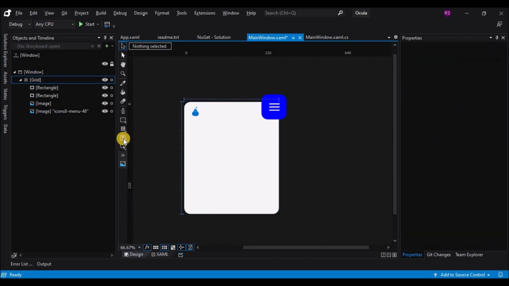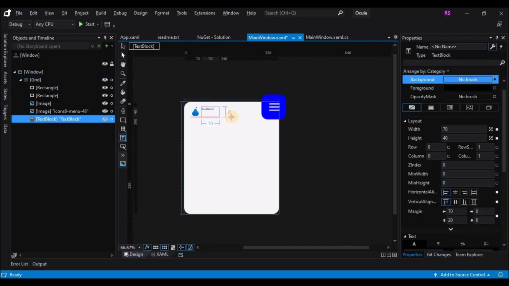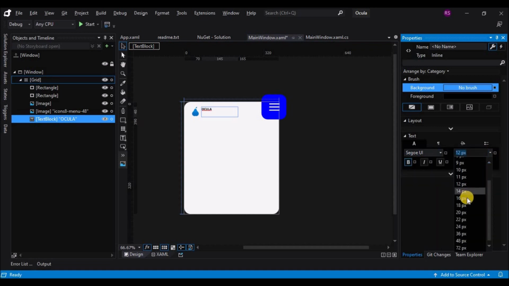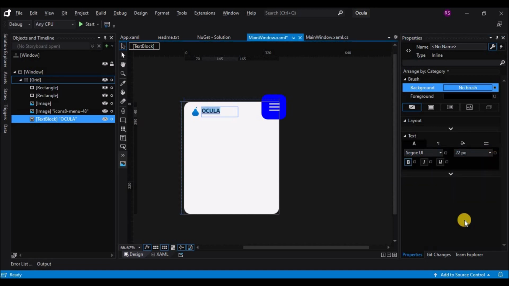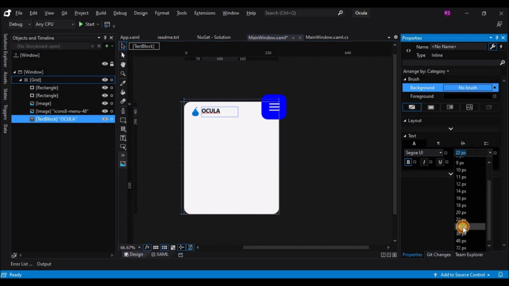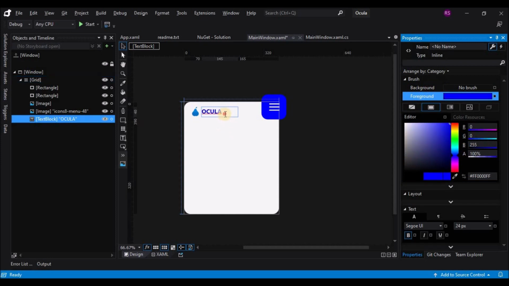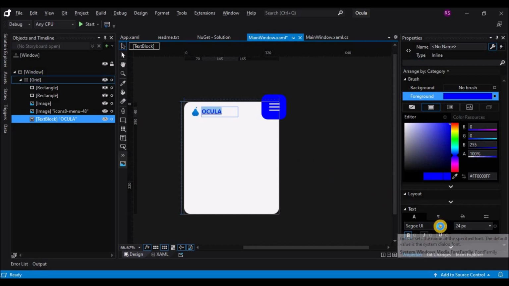Now let's add an application name, change the font size and font color and font weight. Okay, now let's change the foreground color to the same color that we have, and yeah, I think this looks good.